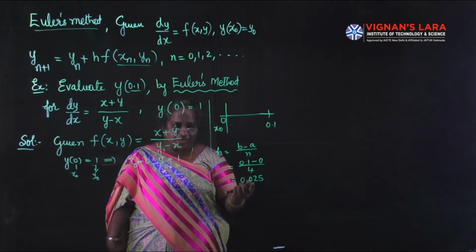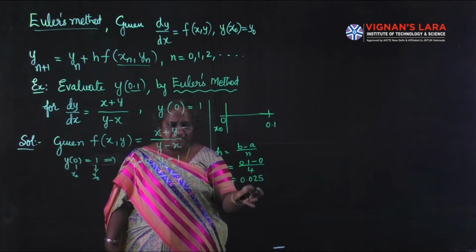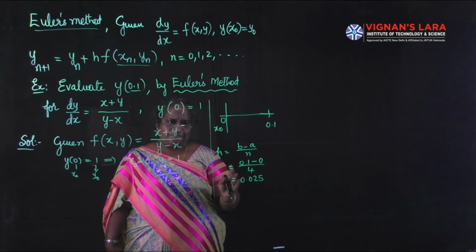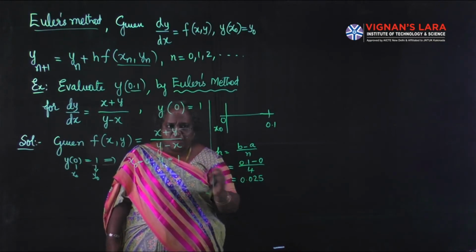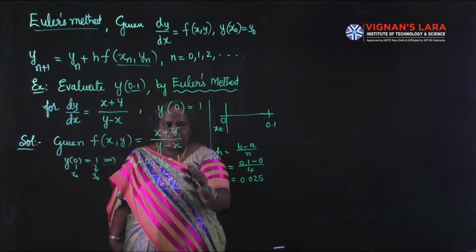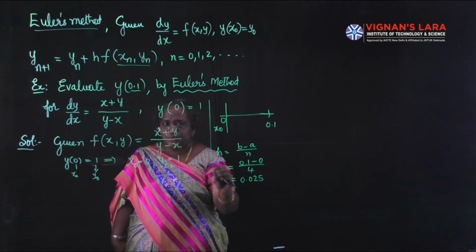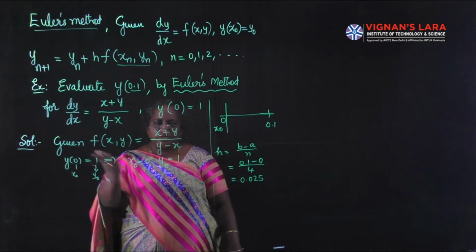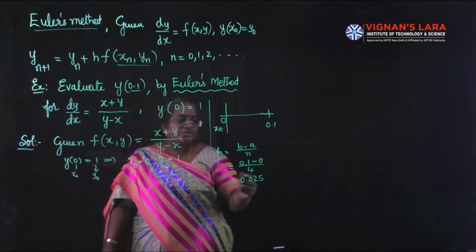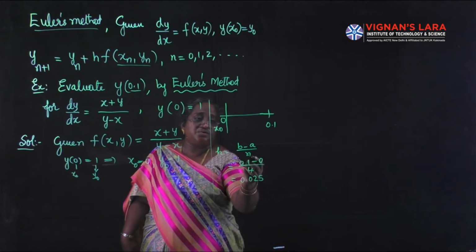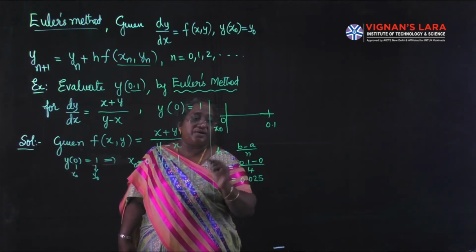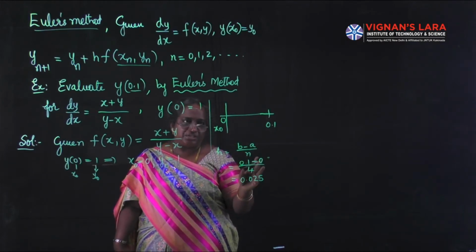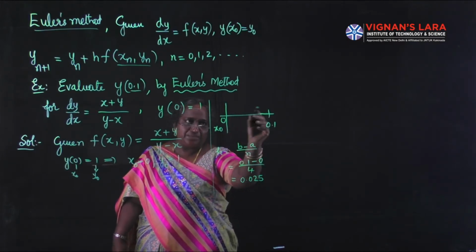Why do we have so many methods? Euler's, modified Euler's, RK method, and after that Milne's method, Adams-Bashforth, all these we have. Why do we need all these? They were modified so that whatever numerical method we apply, the answer should be closer to the theoretical method we applied. So if you take n as 2, you will get h as 0.05, so you will get only 2 steps. You will be reaching in 1 step, 2 steps.